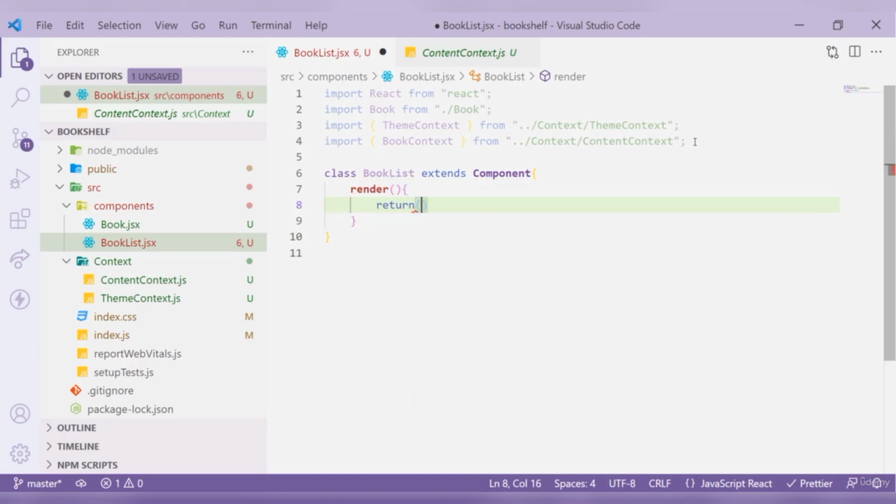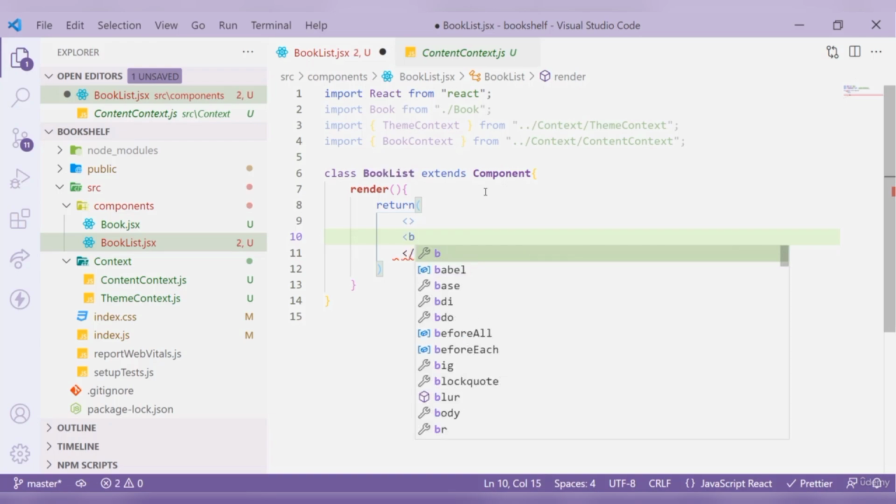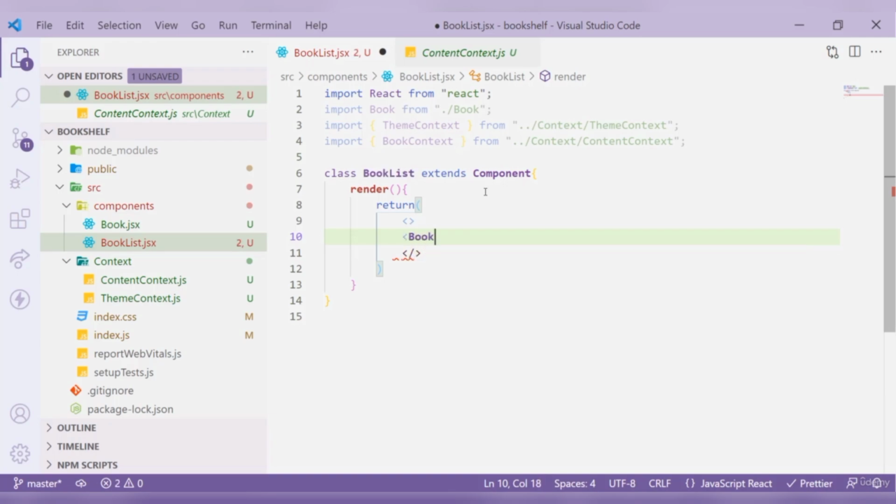All right, now you must be seeing that there's a red error. So let me just, inside this return, give it a React fragment or a div as a parent container. It doesn't really matter what you give it. And inside this, let's place an h1 tag, and let's call in our book component here that we have imported. All right, so now we are all good. Now you can see that there's a red error that says that